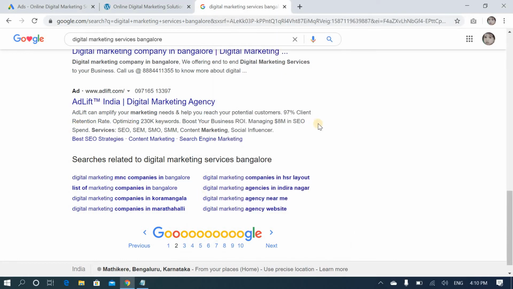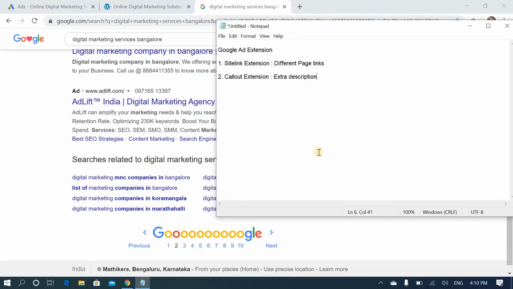Here they have not added an extra description. But you can give some extra description. It's a small description. For example, suppose you are going to provide a lab facility and live projects, you can give some small description like that. Next, I will show you all the examples in my campaign.